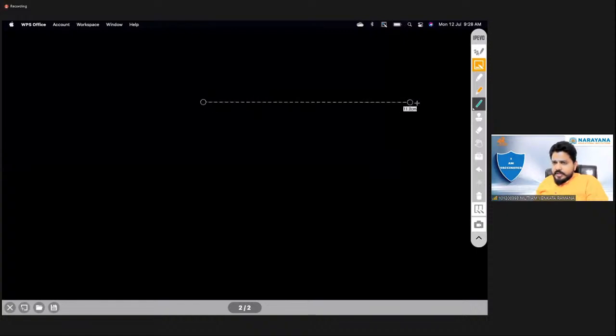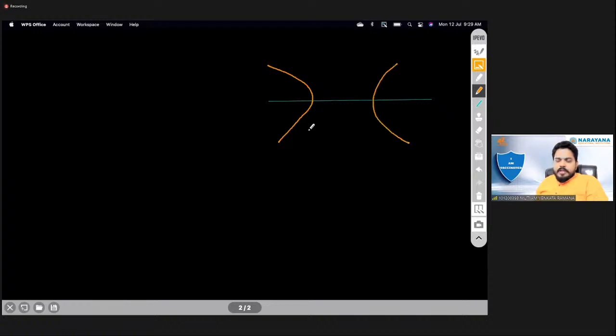Position of the point. This is the equation. This is the hyperbola, like S is equal to x square by a square minus y square by b square